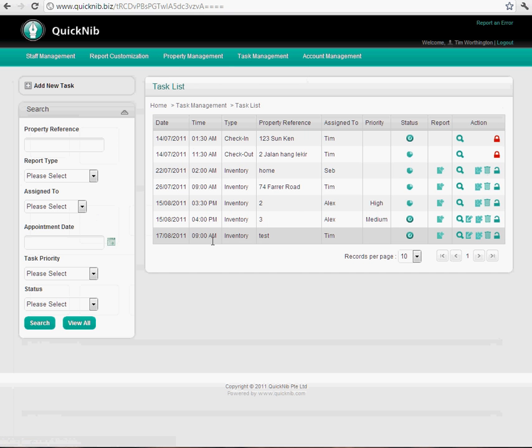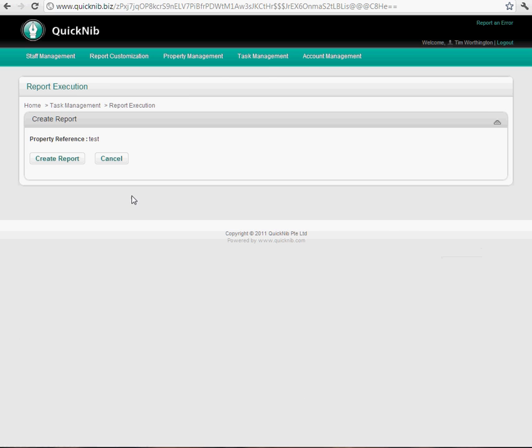We're now going to open the inventory that we set ourselves in the last tutorial, and we go to report, create report, click on this. There are no previous reports on this property, otherwise they would have appeared here. That way we could copy them and use the information from a year ago or so to actually compile a new report. So create report,